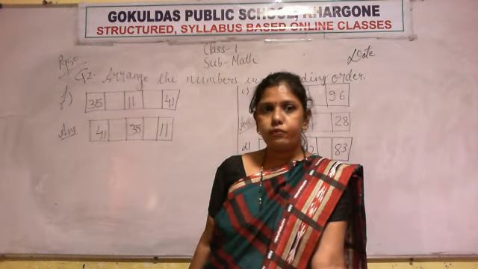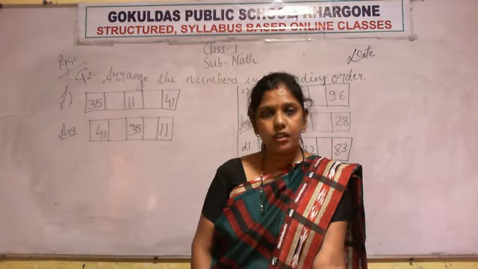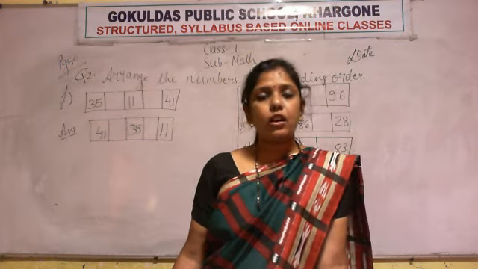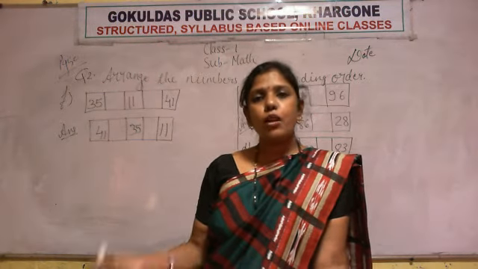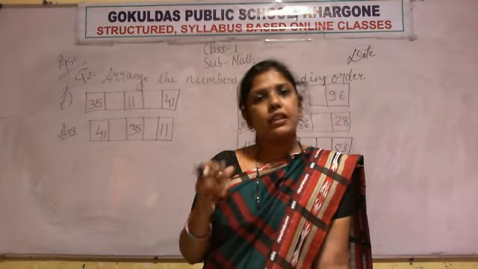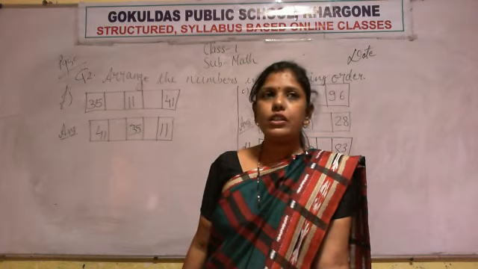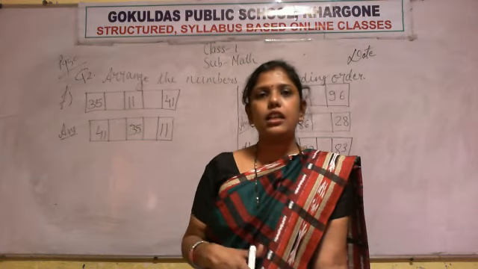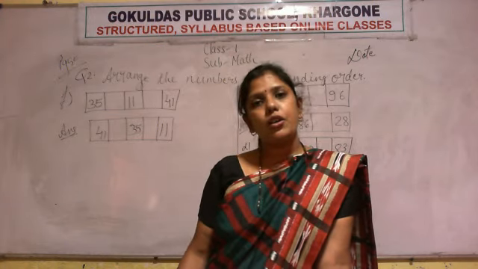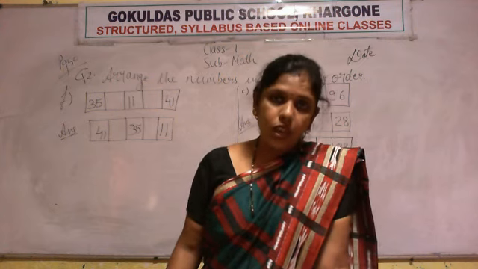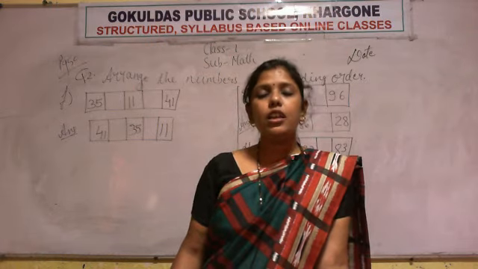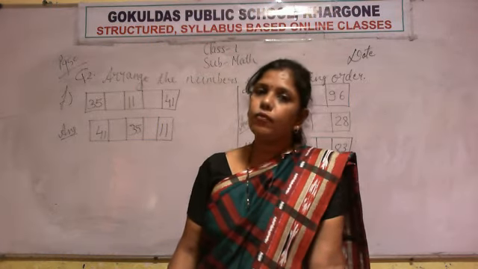Okay. So we have done 4 questions. Why 4 questions? Because in the first lecture that we did on ascending and descending order, the numbers were from 1 to 50, but the method of arranging the numbers is the same. And the 2 questions that we have done just now, in our last lecture and in today's lecture, are ascending and descending order from 1 to 100. So in this way you know how to identify the smaller number and bigger number, and accordingly arrange them in ascending and descending order.